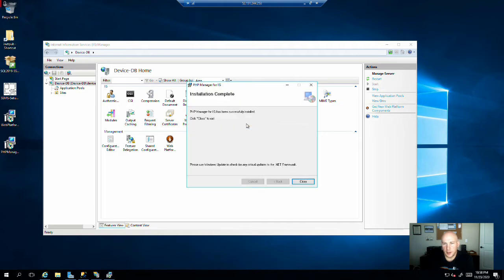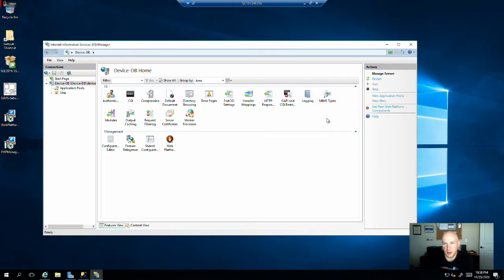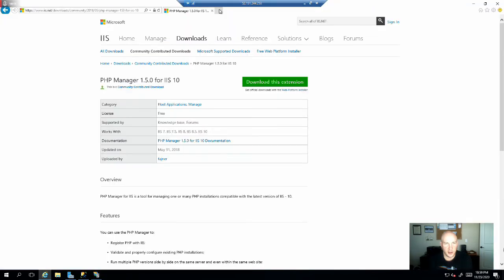So we're going to install that. Successfully installed. We'll go ahead and click exit on that. Now that we have the PHP Manager, you'll see that populate here in your applications later. Now we want to actually install PHP on IIS. So we're going to go back here to Internet Explorer